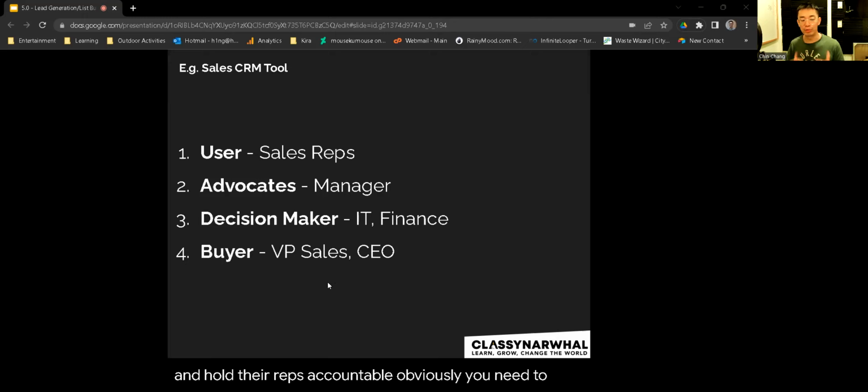Obviously, you need to get everyone to see the benefit, but different people will care about different things. So just be mindful of that. The gatekeepers or even blockers could be the tech department. Maybe they need to integrate with their tech stack. Maybe it's the financial department for their budget. And then the customer or decision maker might be the CEO or the head of sales. So they may all be different. They may all be the same as well. So just be mindful of that.